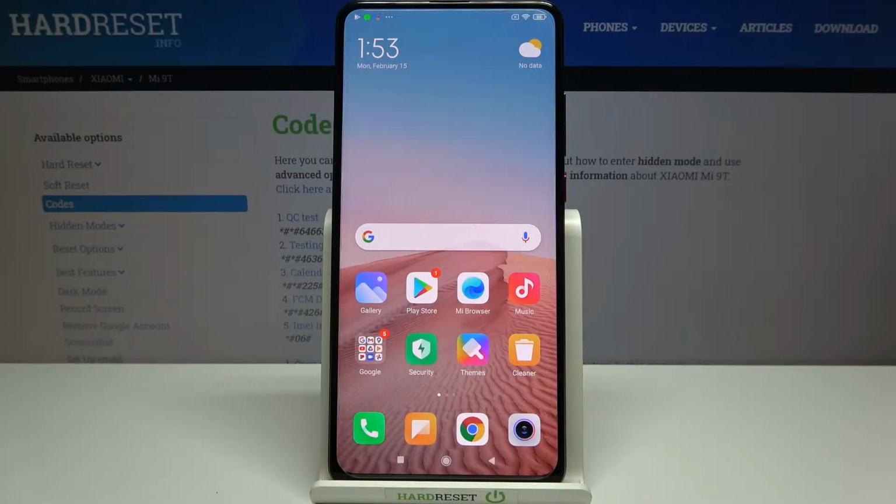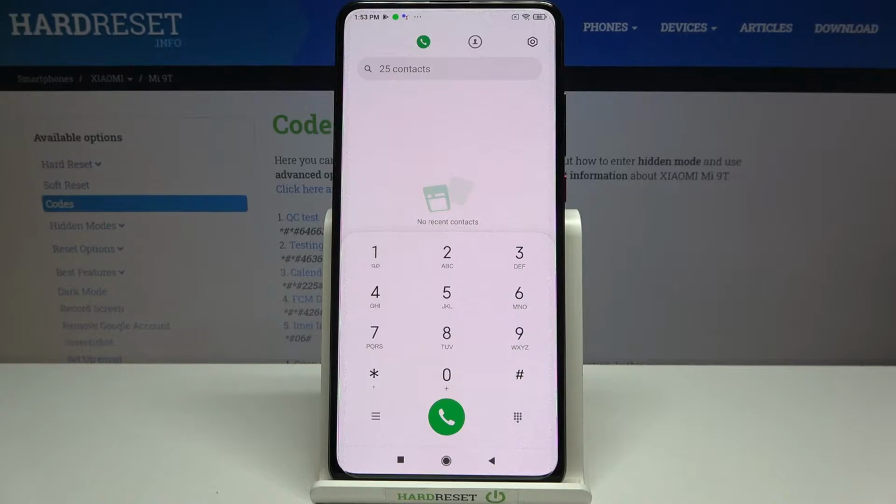Hi everyone, here we've got Xiaomi Mi 9T, and let me share with you some secret codes, some useful codes which you can use on your device. So firstly, let's enter the dialer, because this is the place where we will enter all of those codes, and let me begin with the shortest one, which is